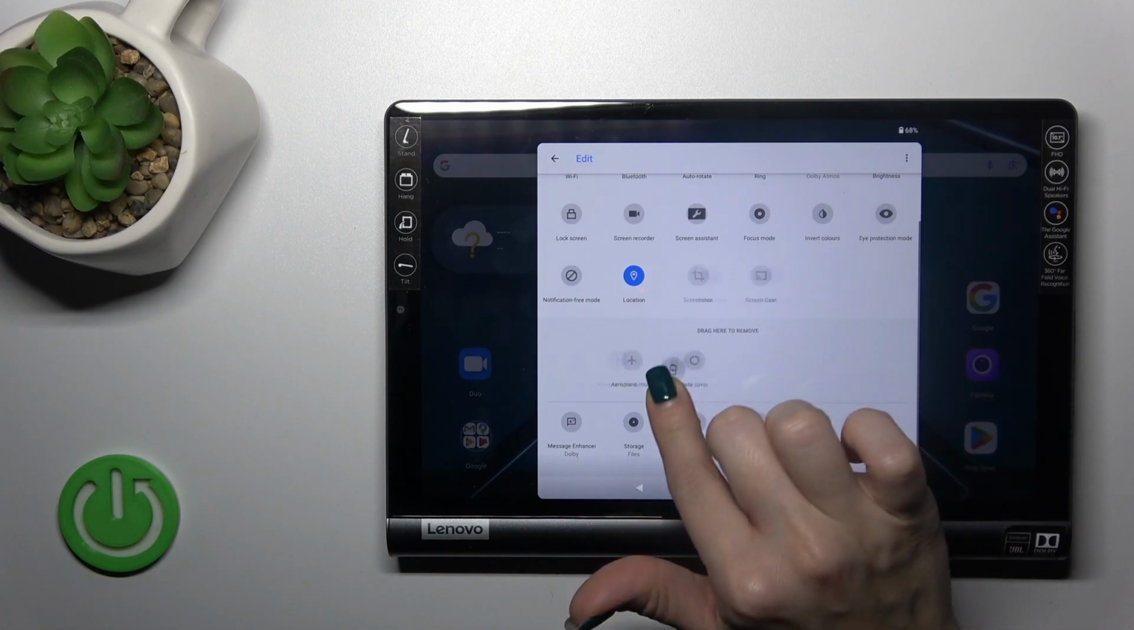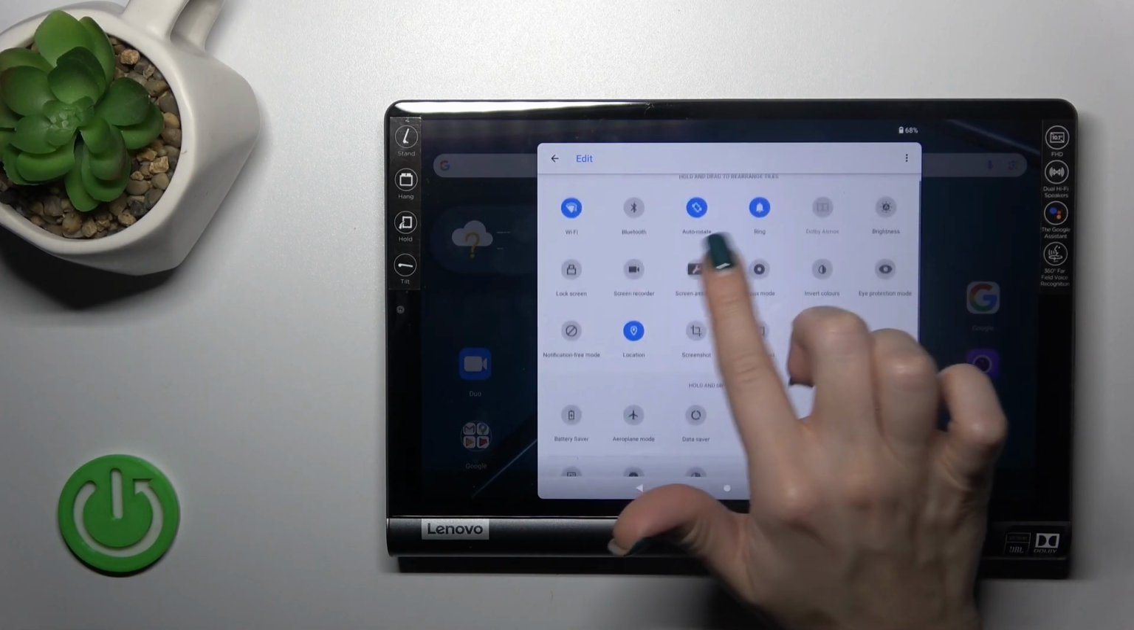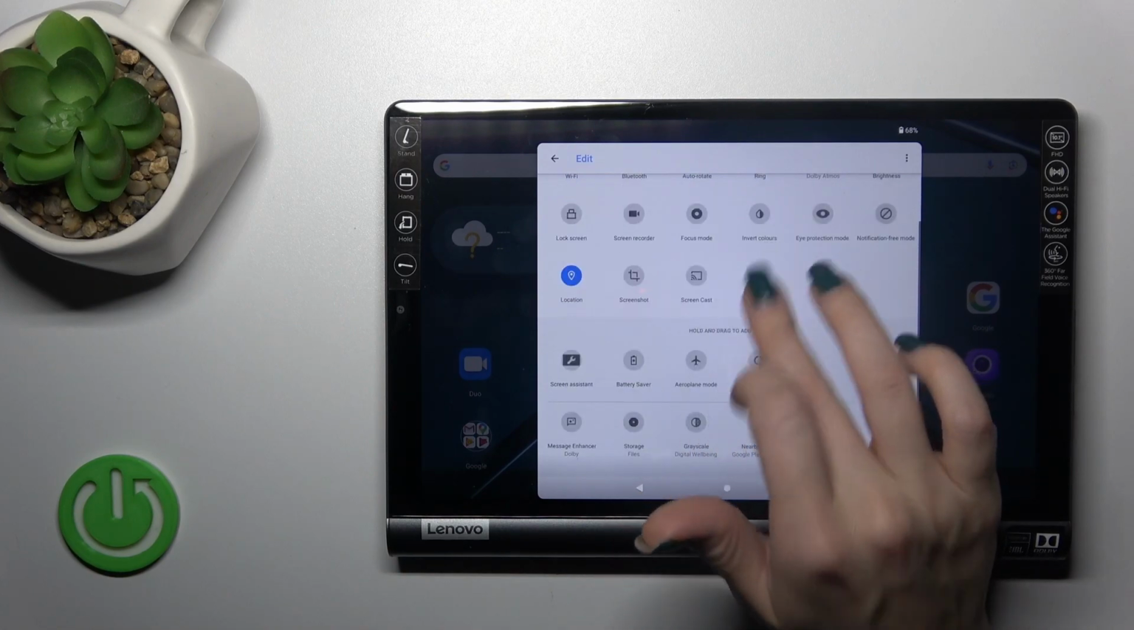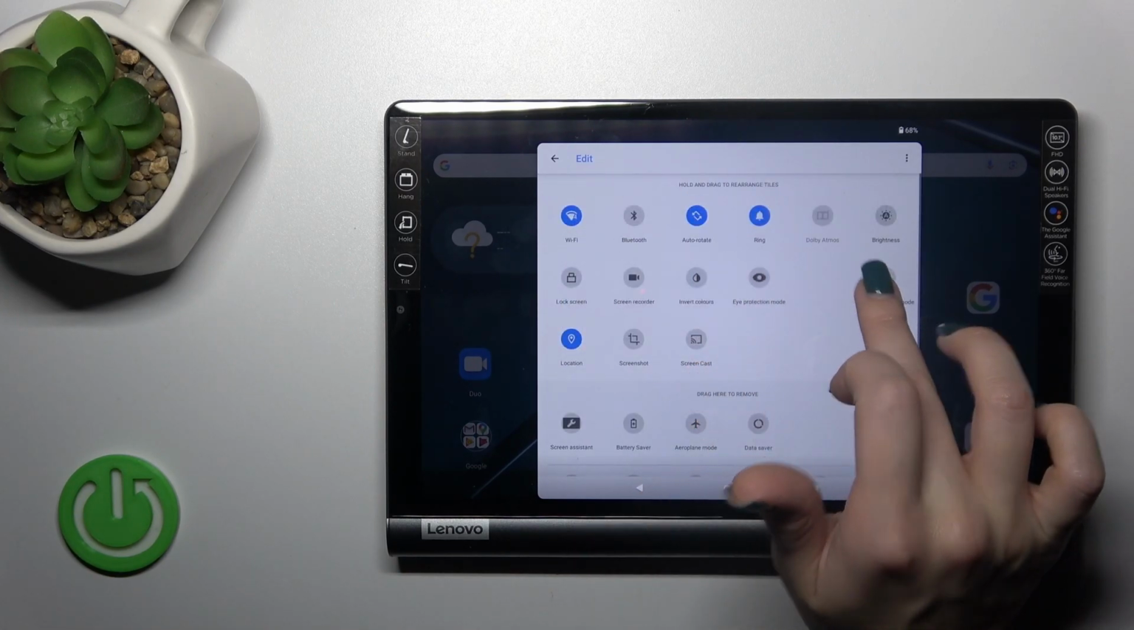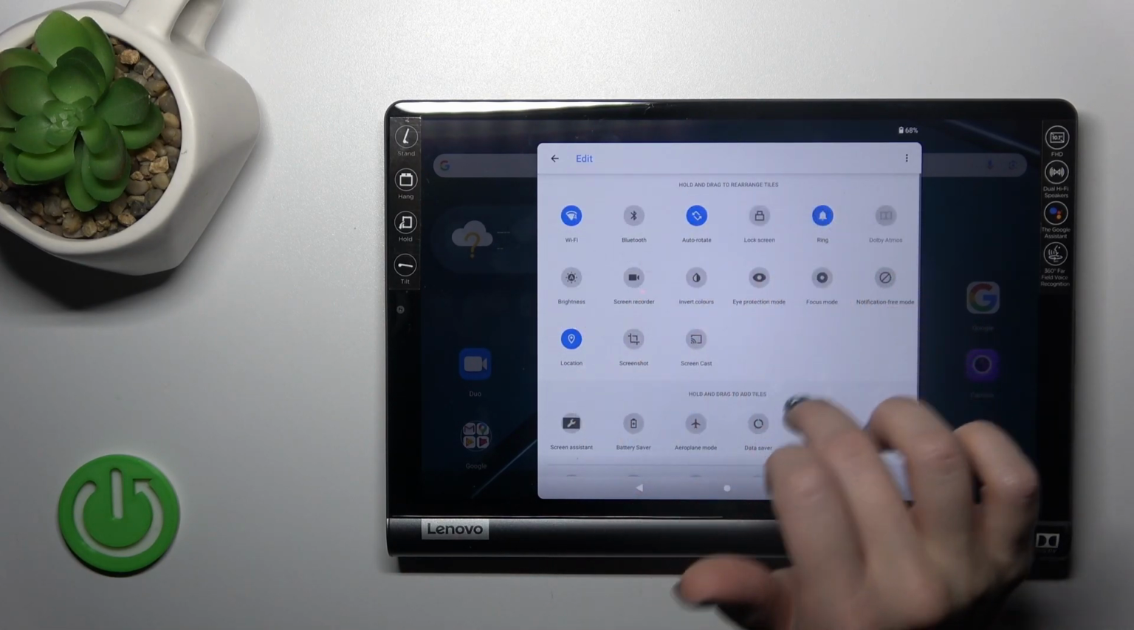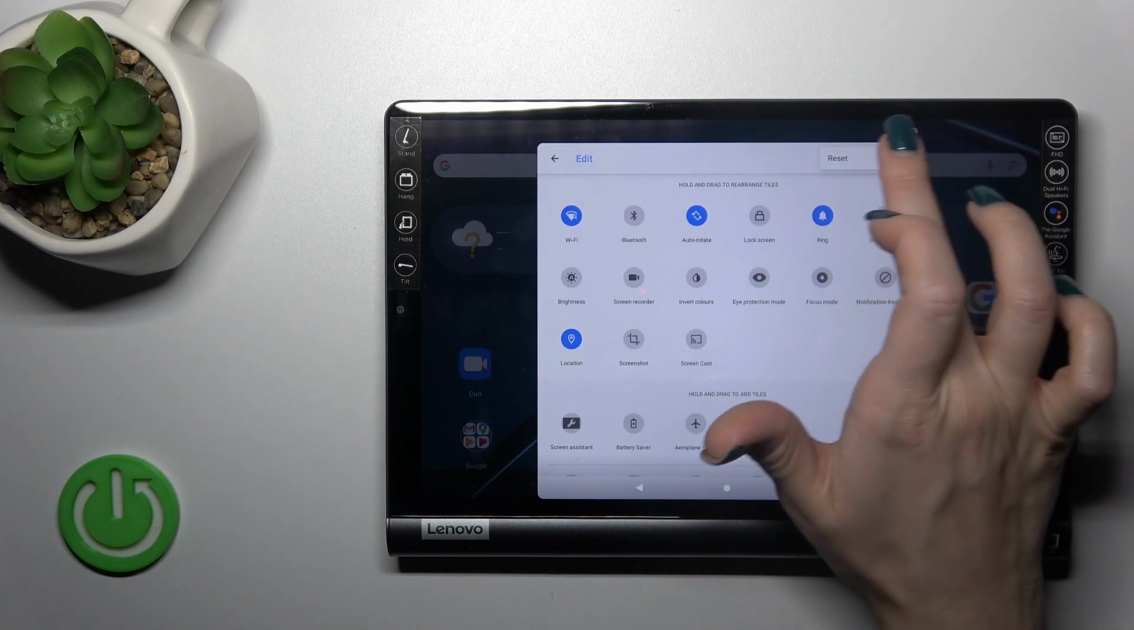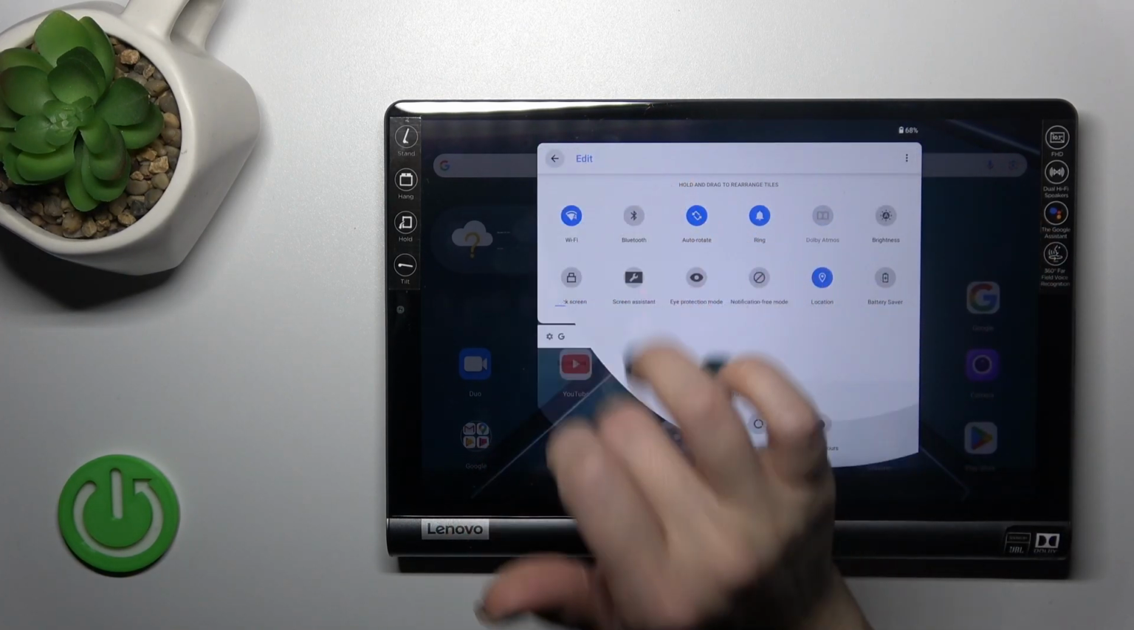To remove them from here, hold the icon and drag it down. And just to change the positions of the icons on the panel, you should just hold it and drag it. To reset the changes, click the three dots and tap reset, or to save them, click go back,